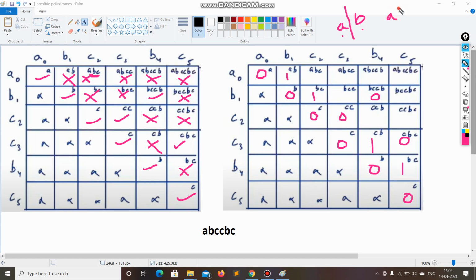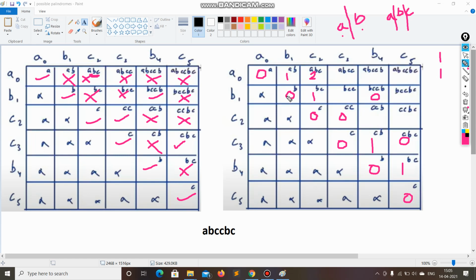So how many cuts are required for ABC to get the minimum number of palindromes? You should require 2 cuts here. So here we can formulate one formula. See here, for ABC to know how many cuts are required, simply add A and BC. A and BC, you get 0 plus 1, 1. Here AB and C, you get 0 plus 1, 1. So what is the minimum among these? 1. So 1 plus 1, 2.